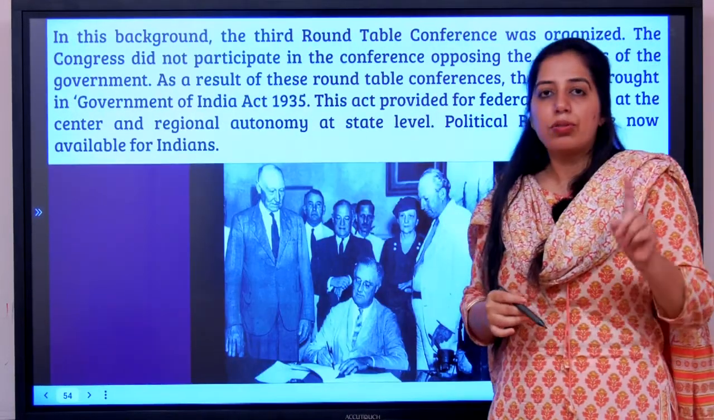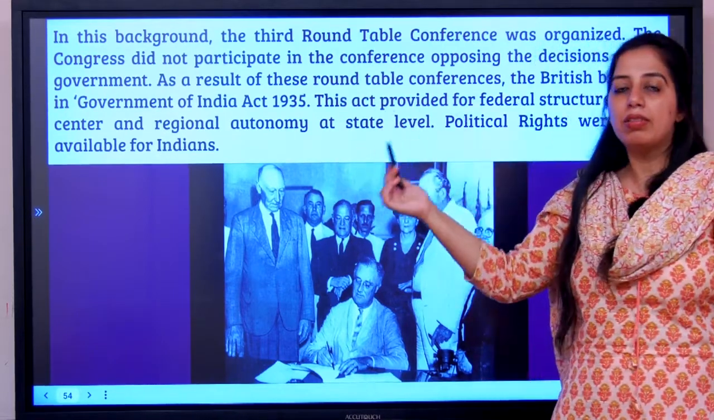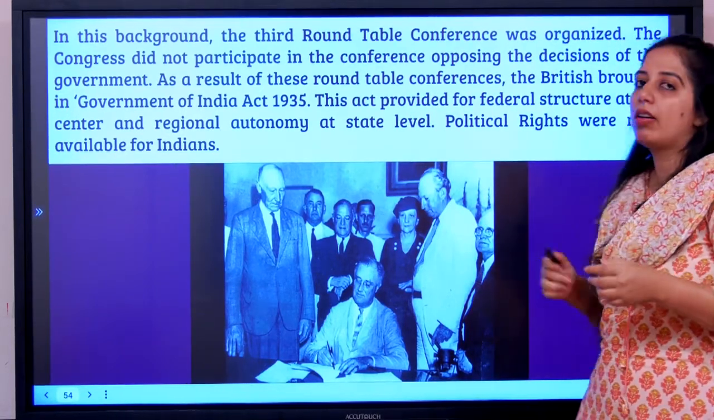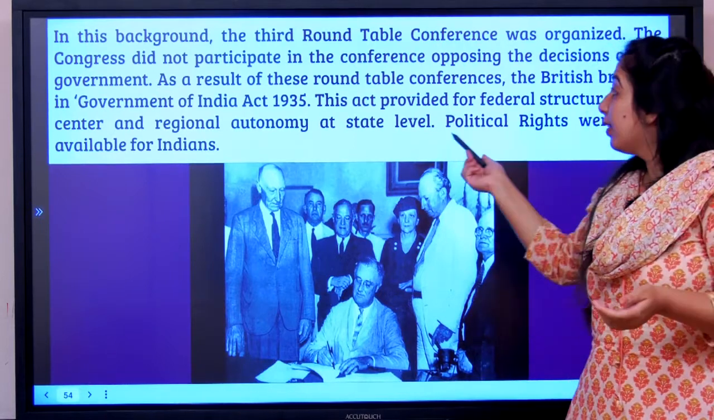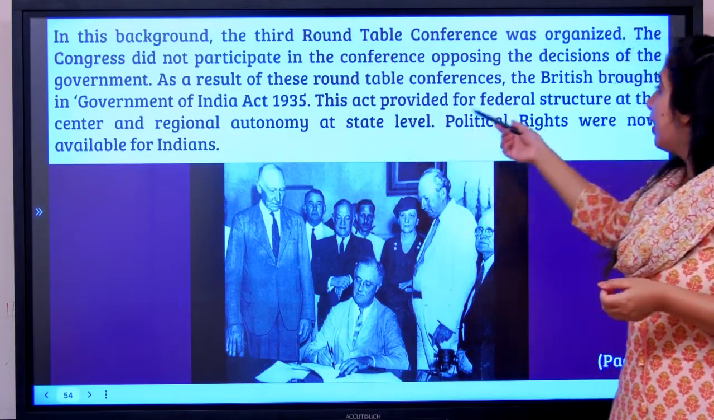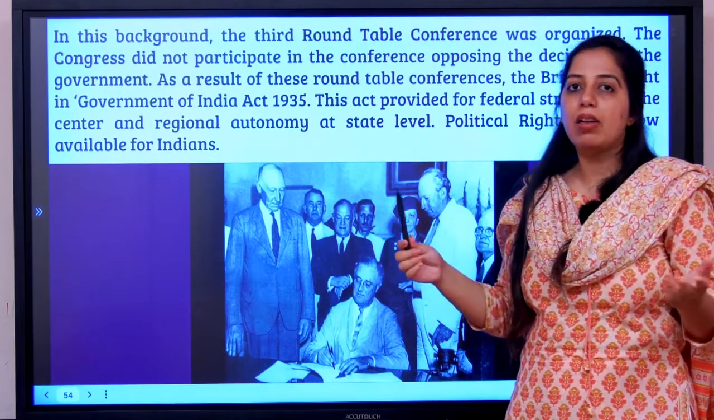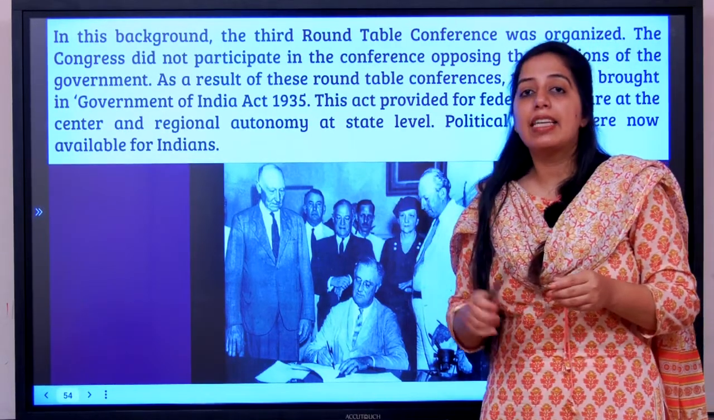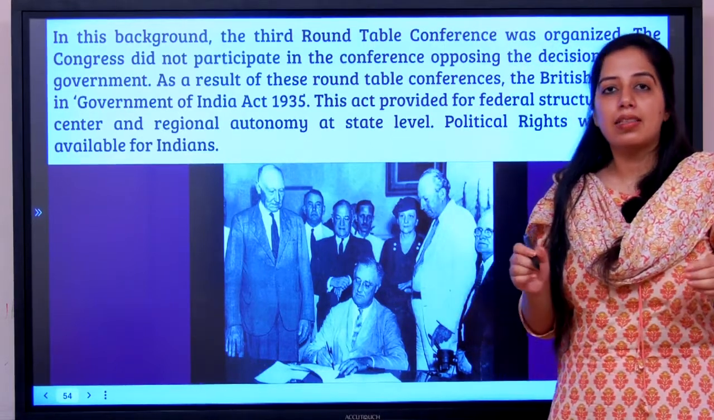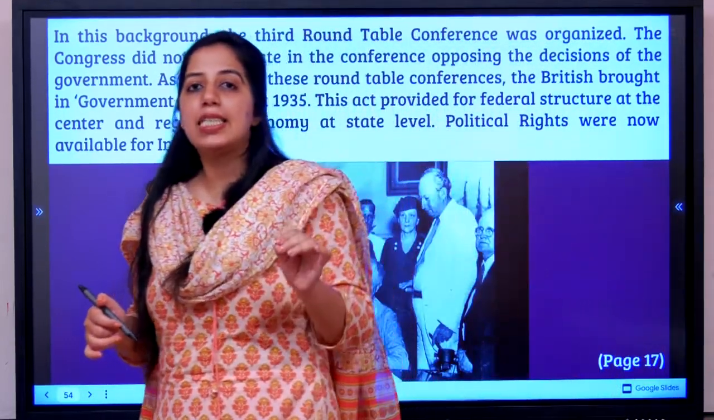In this background, students, we already know what happened in the Pune Pact. Now let's look at the background. So this was the background under which the third round table conference was organized. Again, the Congress did not participate, opposing the decision of government of Communal Award. As a result of these roundtable conferences, the British still went ahead and made the law, the Government of India Act 1935. Very important. They can ask you as a result of roundtable conferences which act was passed. The Government of India Act